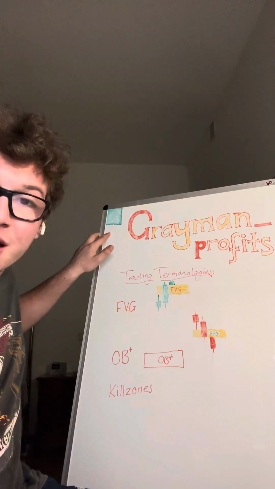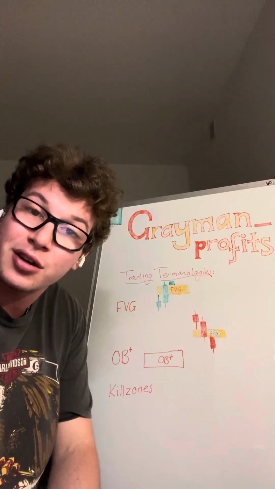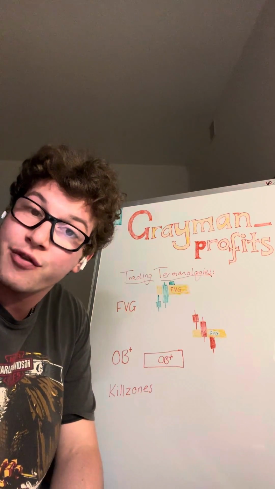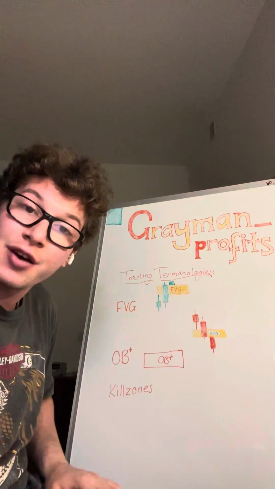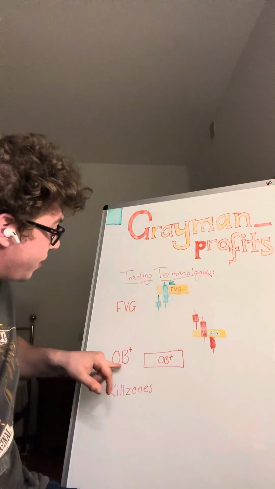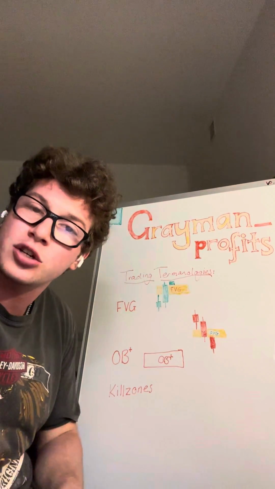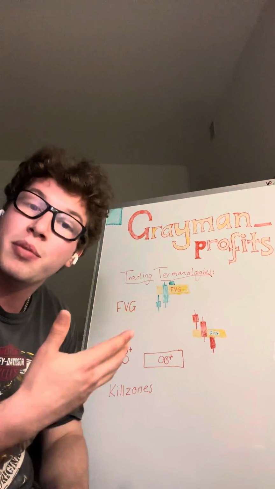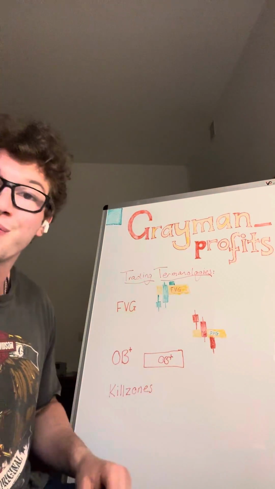Today is the second video for beginners on different terminologies that you'll find across the charts. The main ones I want to focus on today are FVG, or Fair Value Gap, OB, for Order Block, and this is not a terminology that you'll see written on the charts, but it's good to know, the kill zones. Okay, first of all,